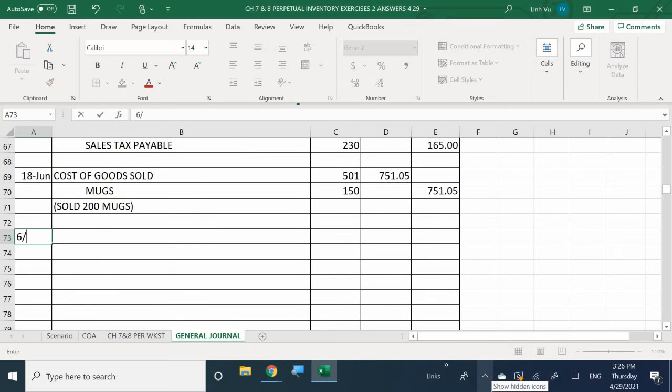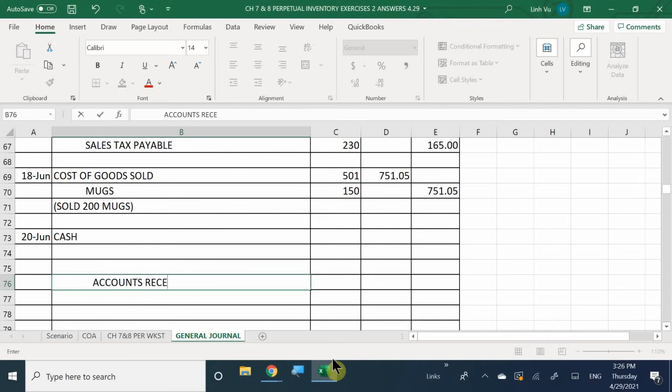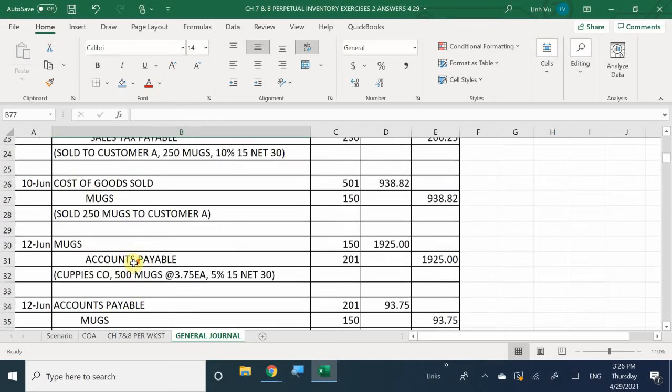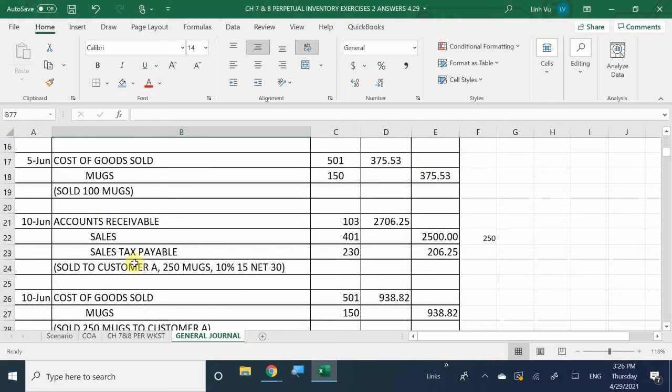How did customer A pay us for the amount that they owe us? Cash. We received cash. Good. So once again, we received cash, and now we know that we need to have accounts receivable, right? Because we need to recognize what they owe us in grand total. We already know, by going back above, the grand total that customer A actually owes us is going to be